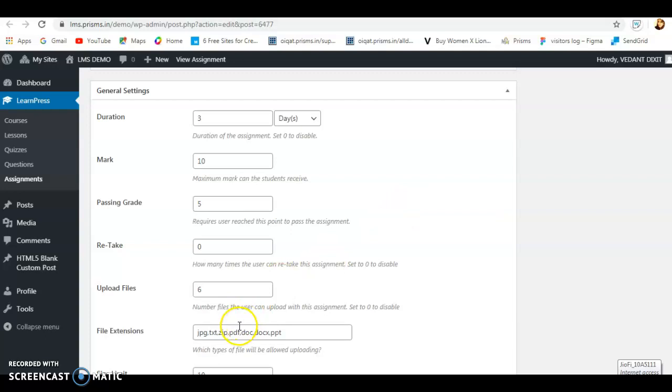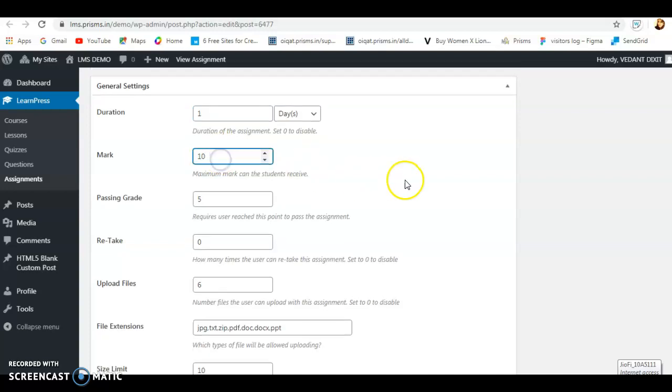So now the settings part. The settings part you have to give a closer look to. So first is the duration. Duration means this assignment has to be completed and sent back to the teacher in that span of time. So duration can be set in days, minutes, hours and weeks. It depends upon you as a teacher. You get to decide. You can also change over here, like it can be 1 day, 2 days, 1 hour, 2 hours. It depends upon you.